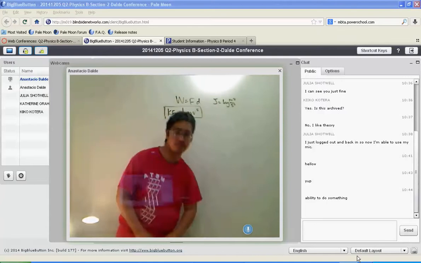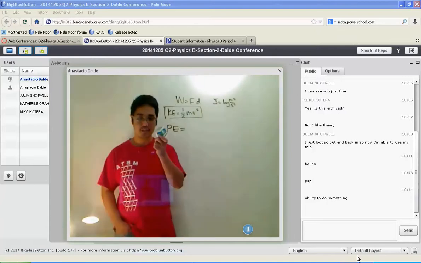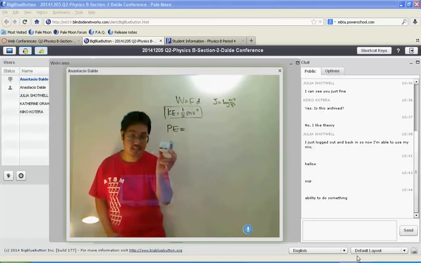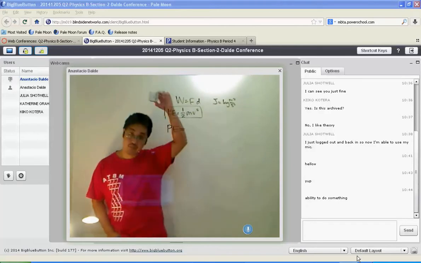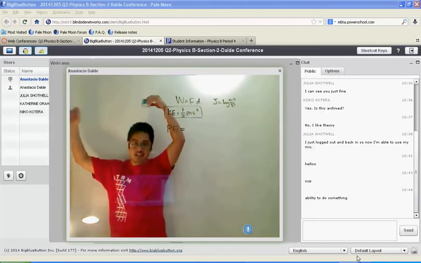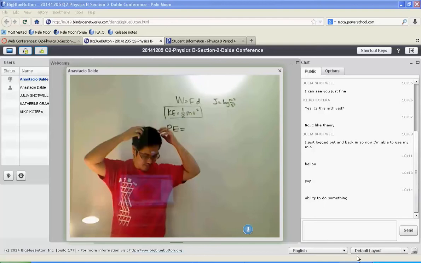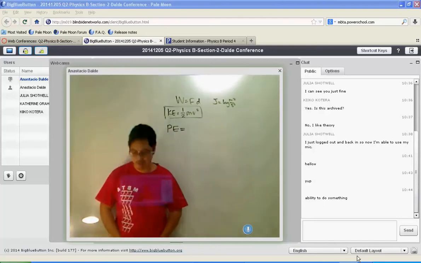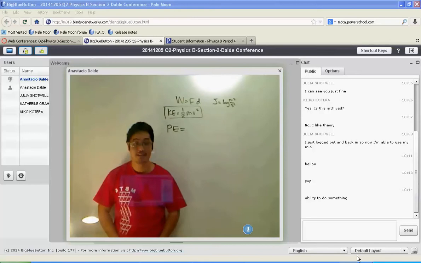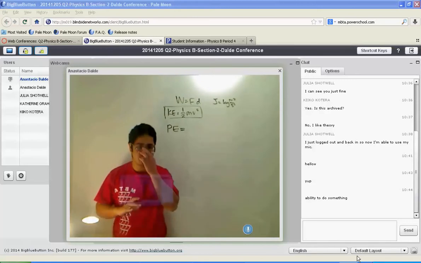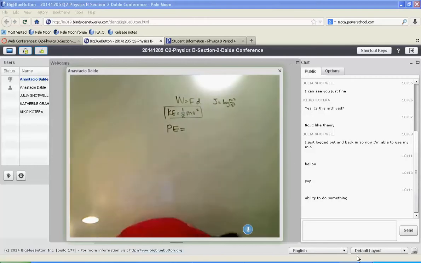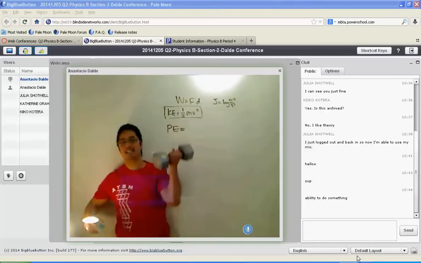Potential energy, the ability to do something. If I have something that has a small mass, I put it over my head and I drop it. Ow. That kind of hurt. Actually, it hurt yesterday when I dropped a 2-kilogram steel mass on my head, to show Julia. Actually, I think that was Wednesday, but that's not so bad. However, if I take this 25-pound weight and I put it over my head